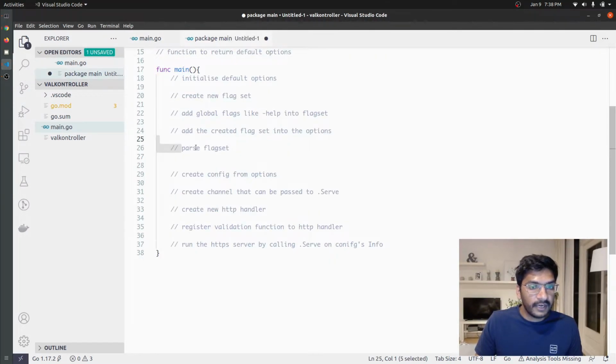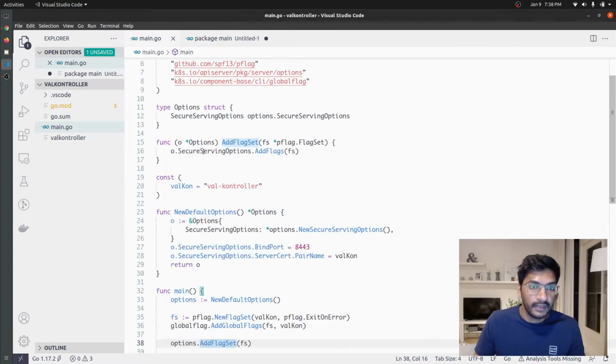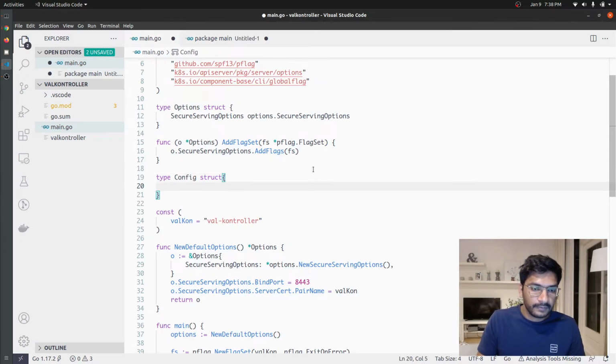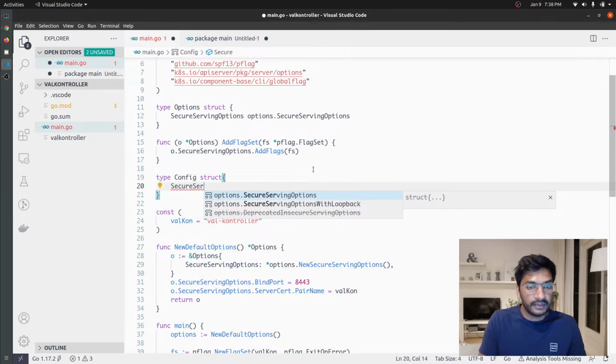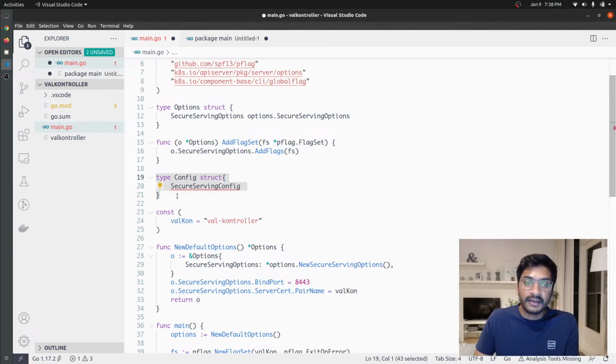Now that we have set up our options, let's write the runtime configuration using which this particular server is going to run. Like we have specified options as a wrapper around upstream options, let's go ahead and specify another config, and this is going to be called, let's say, secure serving config. This is the part that is actually going to run